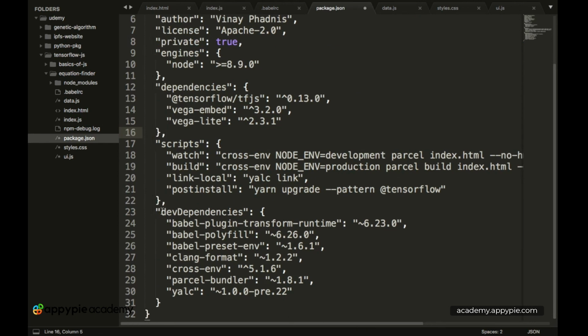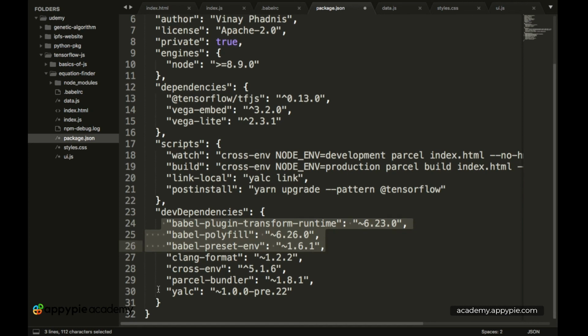And then we have some development dependencies. So these are used when you are running the program as a developer, which are Babel, of course, which we want, which will first convert the code file, and these are not required when you are releasing the program as a final product, because that is when you will already use the converted code from Babel to release your program.